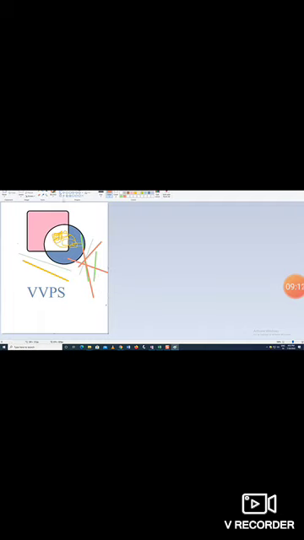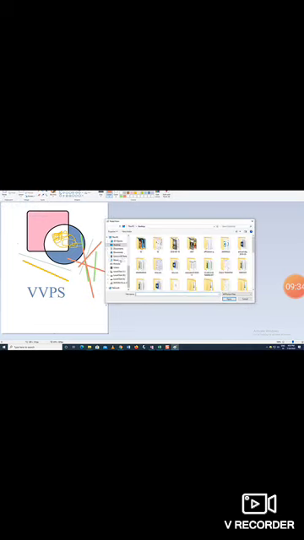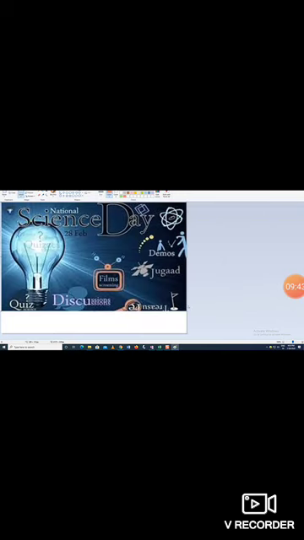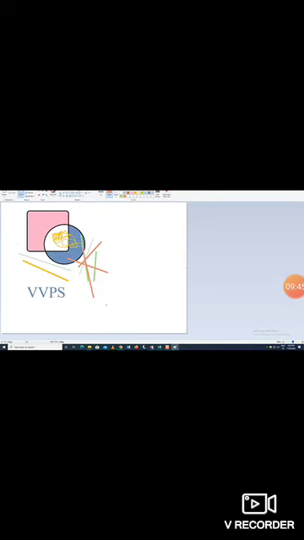Next we are going to see how we can use the tools of Paint. You already know that. Okay, next tools. First one, the selection tool. If you want to select a full object, use the selection tool. Rotate and size: if you want to change the size, we can easily change that. Next one, paste from pictures. If you want to paste some other pictures, you can use paste from, easily select the pictures and paste them on the screen. Control Z means undo. If you press Control Z, the older one will come back on the screen. Are you clear that?